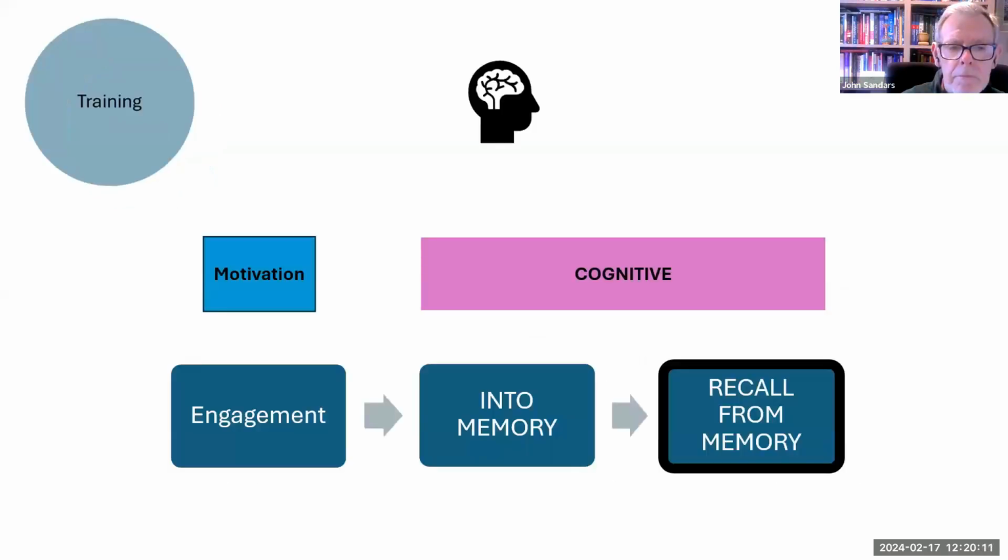So if we're going to offer training, the first thing we need to do is to develop the learner's motivation for transfer, and that's that engagement. And we're going to talk about how we can do that in a moment. But they also need some cognitive skills in training, and we need to develop that. We need to be able to get it into their memory in the first place, and then get it out of their memory. And getting it into their memory isn't just teaching facts, it's also developing conceptual knowledge.